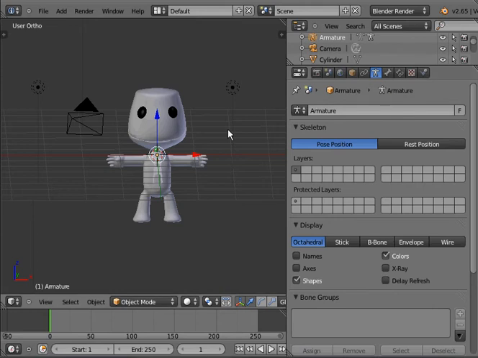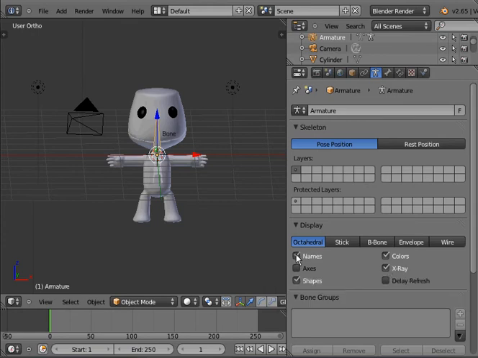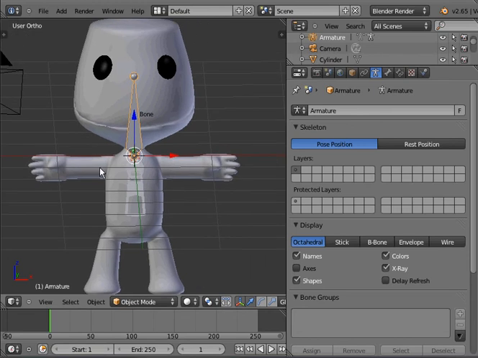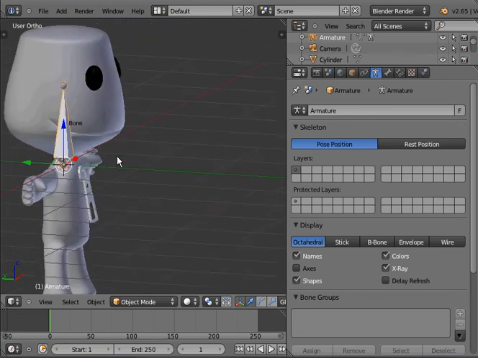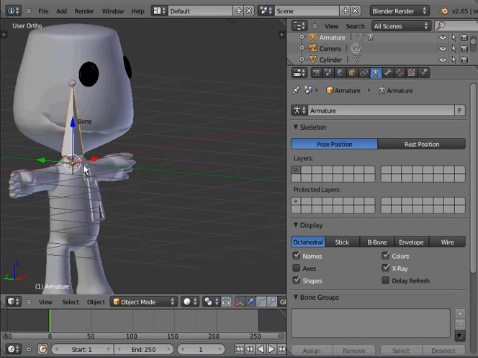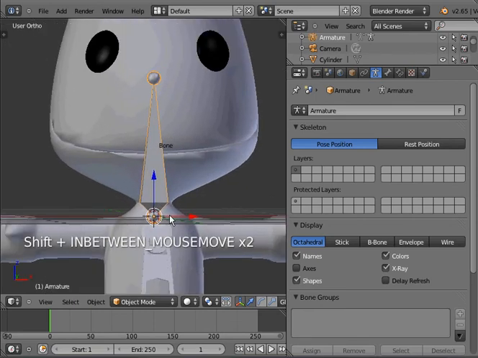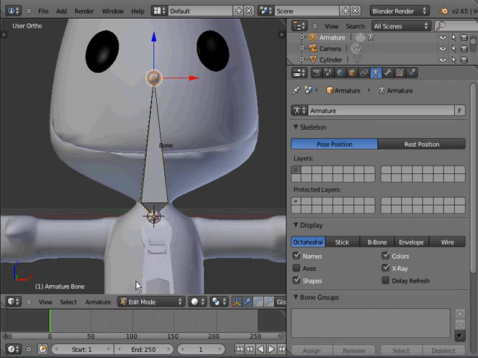Now in this armature I can't see it because it's in the middle of sack buoy, but if I turn X-ray on, and I'll also turn names on, I can now see that armature and see that bone as it stands. So at the moment there's just one bone, and if you zoom in and have a look at this bone, you'll see that the bone has 3 components to it, which if I go to edit mode, you can see